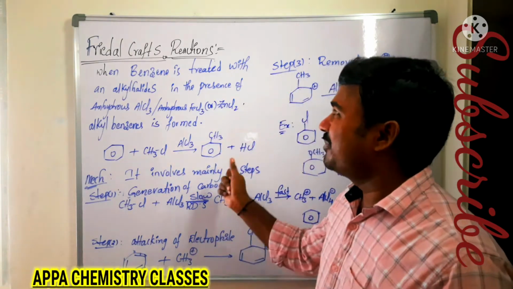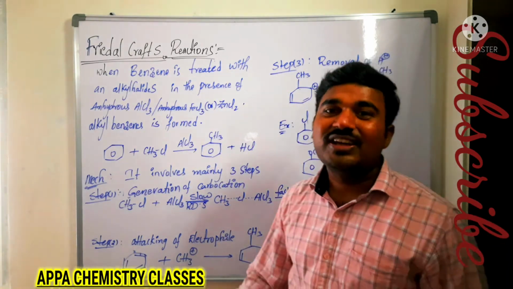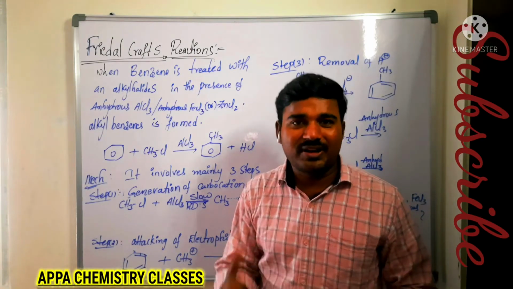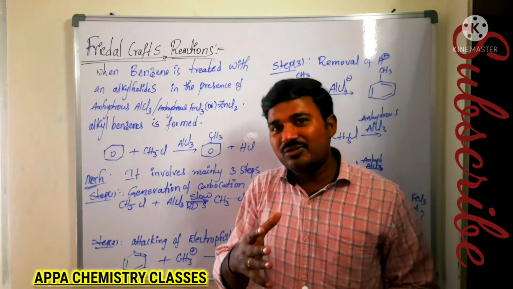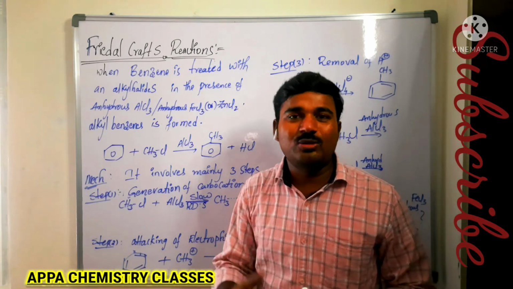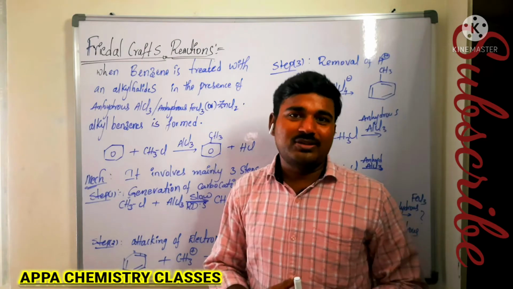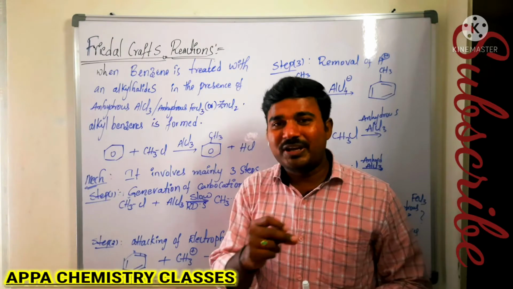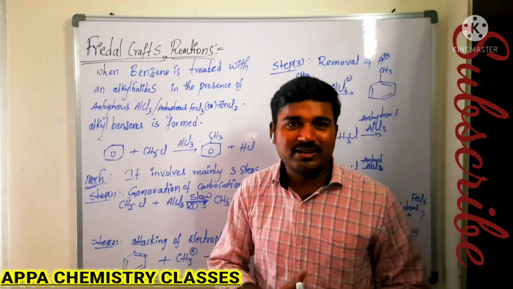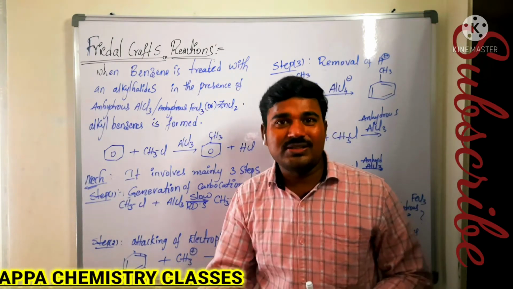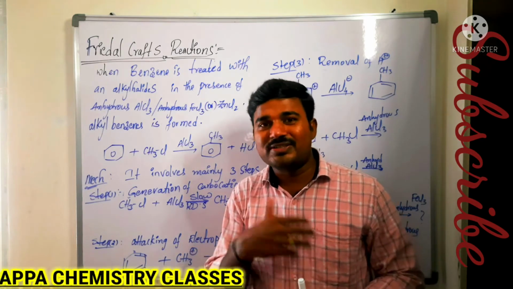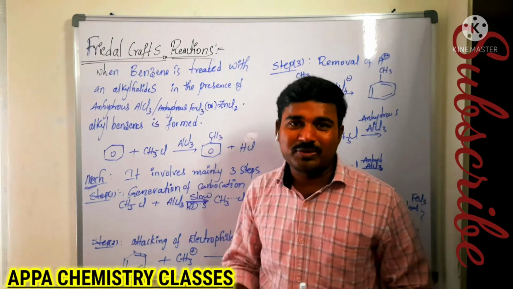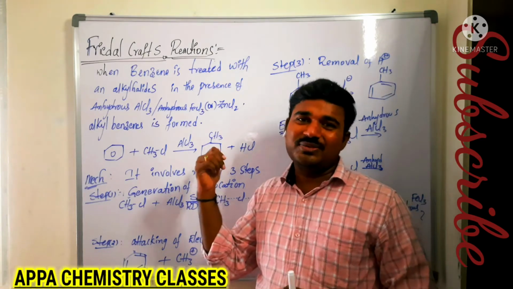So today's named reaction is the Friedel-Crafts reaction. In this, mainly Friedel-Crafts alkylation and Friedel-Crafts acylation. In that, how the attacking of the alkyl group and the acyl group takes place on the benzene ring, we are going to discuss. So a complete detailed explanation with mechanism, what are the possible ways of asking questions, and what are the reasons we have to write the proper products. Those all we are going to discuss in this video.